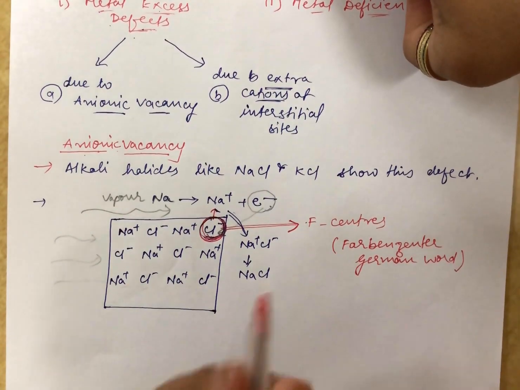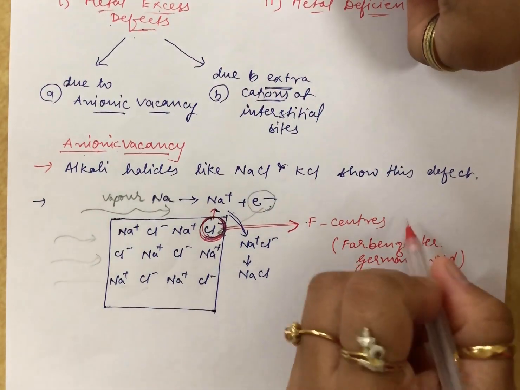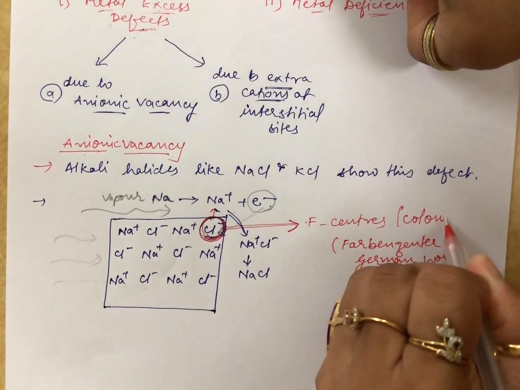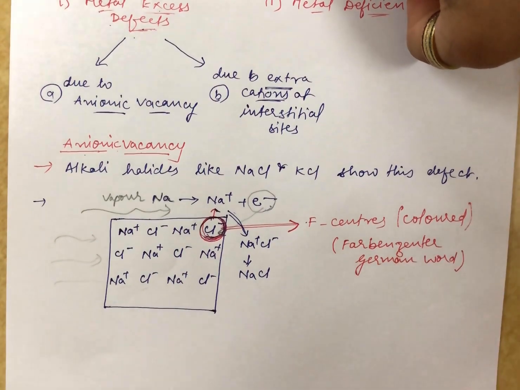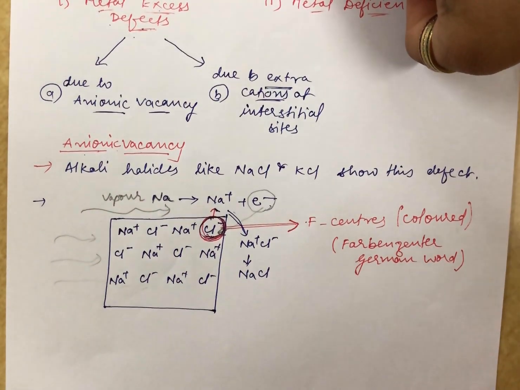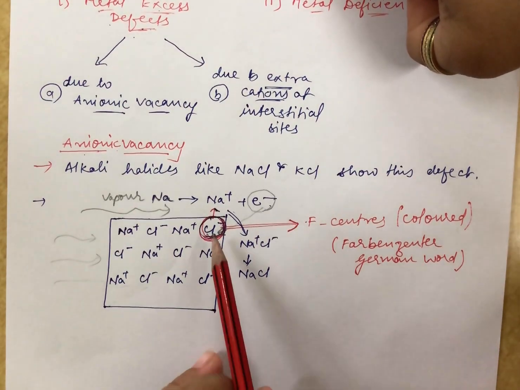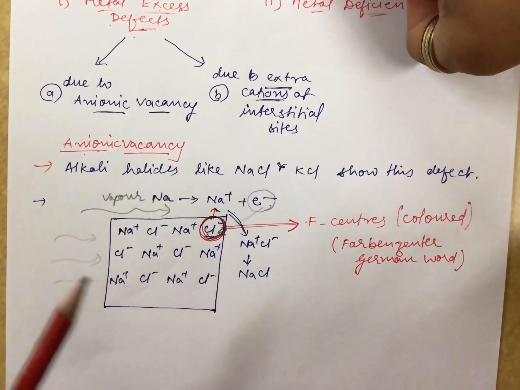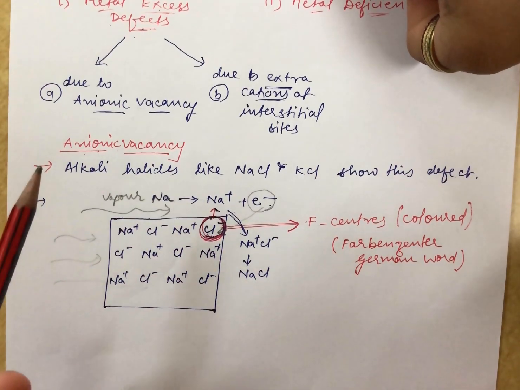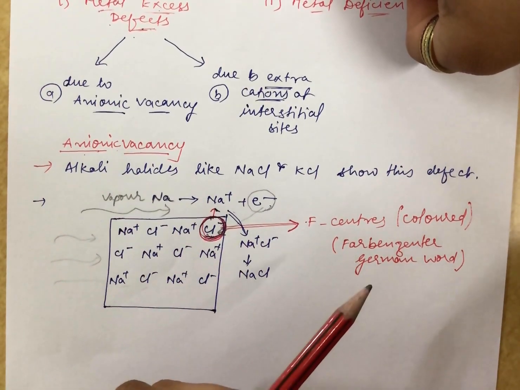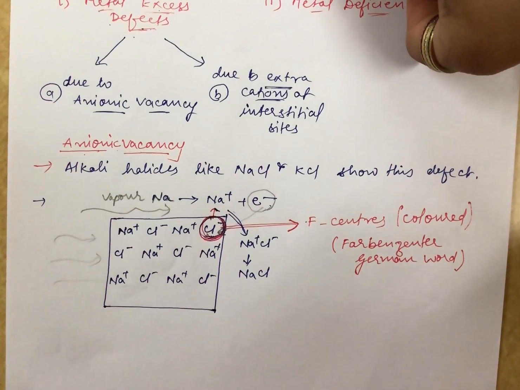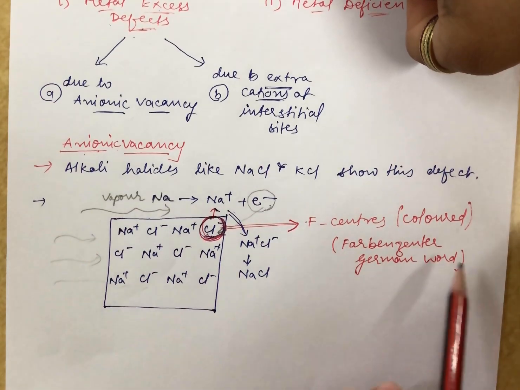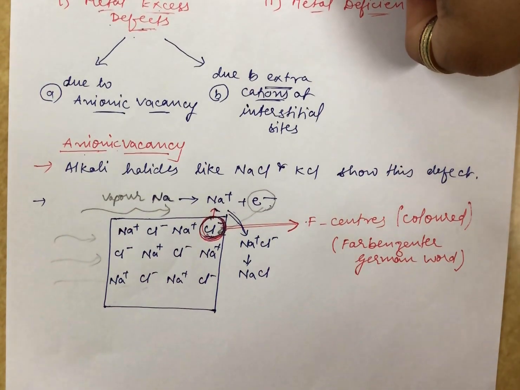Now what do you understand from this F center? F centers are colored centers. What do I mean by saying colored? I just told you that this electron will occupy its place over here. It so happens that these electrons get excited as the vapors are passing through continuously, and when they come back to the place they liberate this taken energy in the form of radiations, showing you different colored centers.